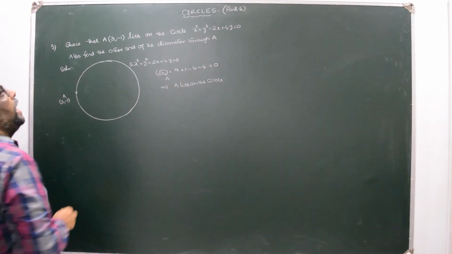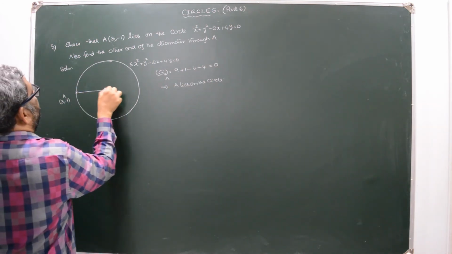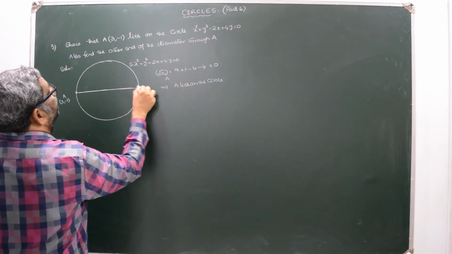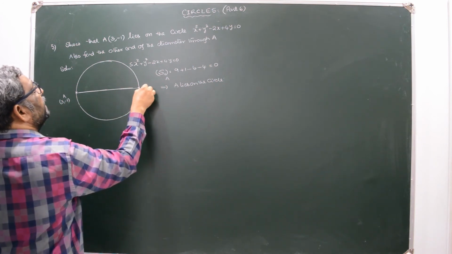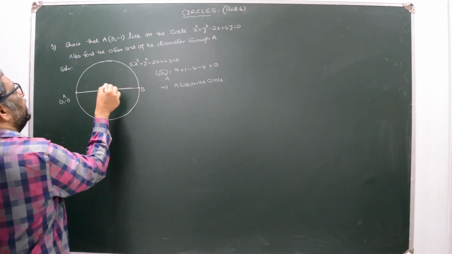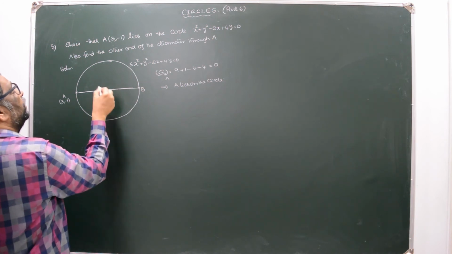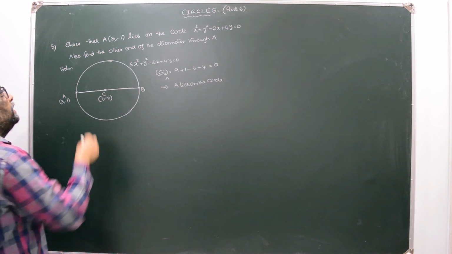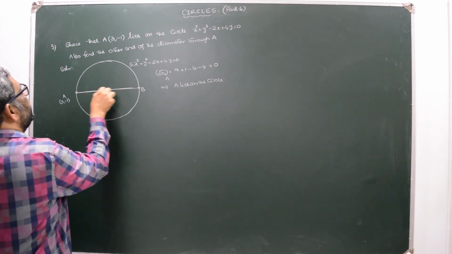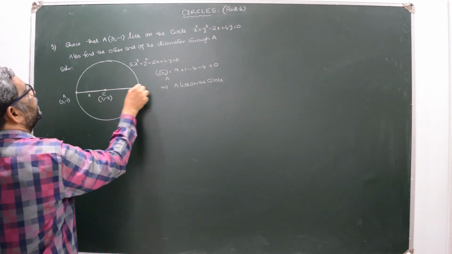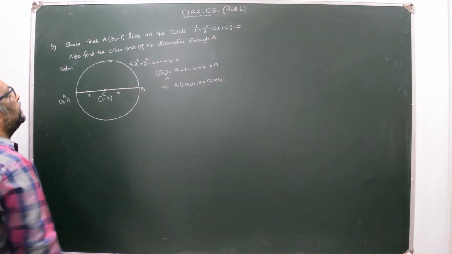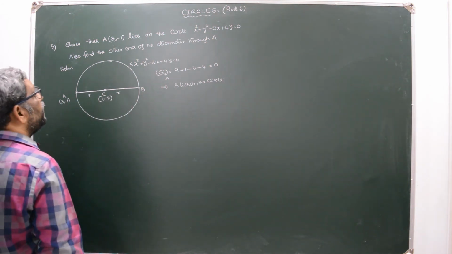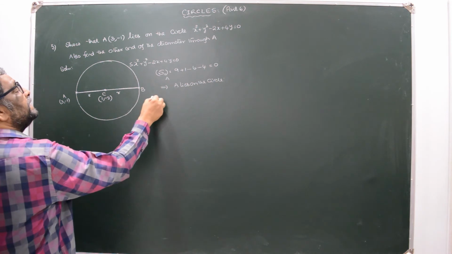Find the other end of the diameter through A. This is the diameter through A. This is the other end. The diameter is nothing but the chord passing through the center. What is the center? 1 comma minus 2. So this will be the radius. Of course, this is also the radius. Therefore, C is the center. C is the midpoint of the diameter AB. Center C,